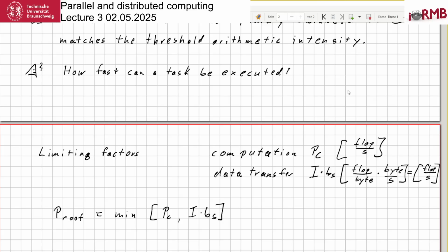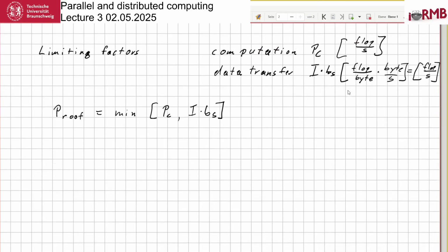And this can then be made visual with a certain roofline plot. So this is actually the topic of today's lecture. So the roofline graph